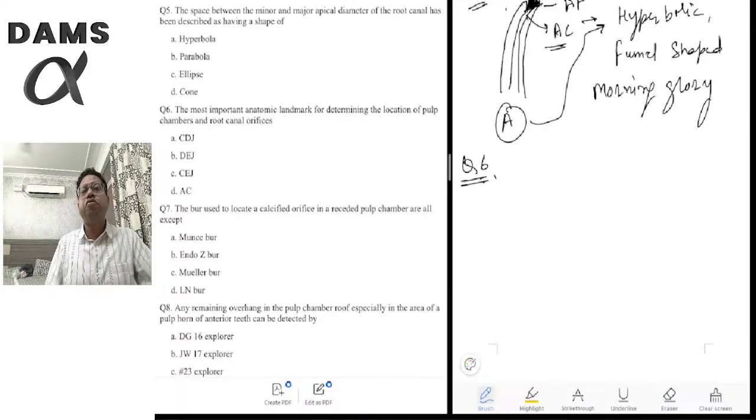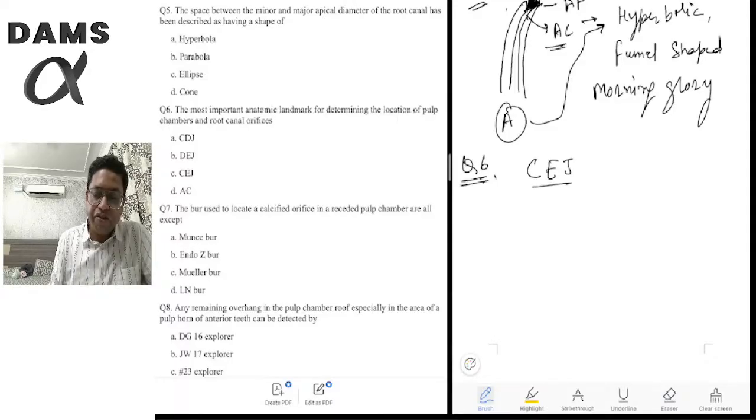If you remember, the rules for the access cavity preparation were given by Krasner and Rankow, and they were based on principally 9 important principles for determining the location of root canal orifice and pulp chamber anatomy. And according to Krasner and Rankow, the cemento-enamel junction present in the cervical one third of the teeth is the most important,